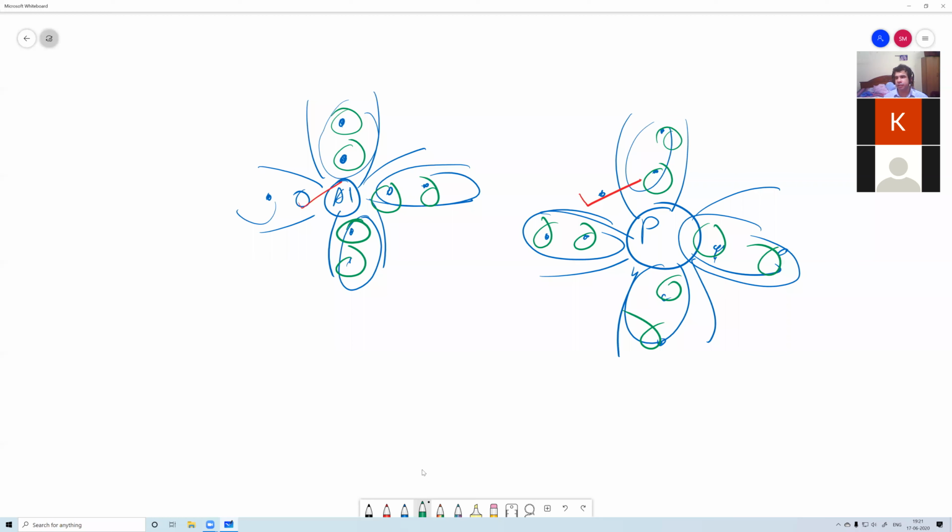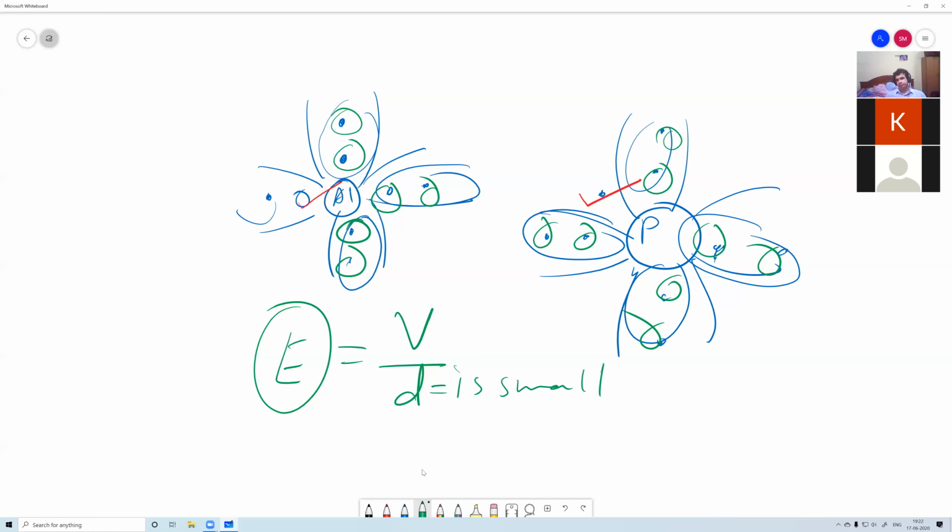To conduct current, we need free electrons and holes. In the depletion region, we don't have any. So what we do, we increase the voltage so much that the electric field, obviously see here, E is equal to V by D. And what you rightly said, for a Zener diode, D is small. So for a small V, we can have a large enough E. Correct? So due to this, we have plenty of electrons and holes to conduct. So current conducts.